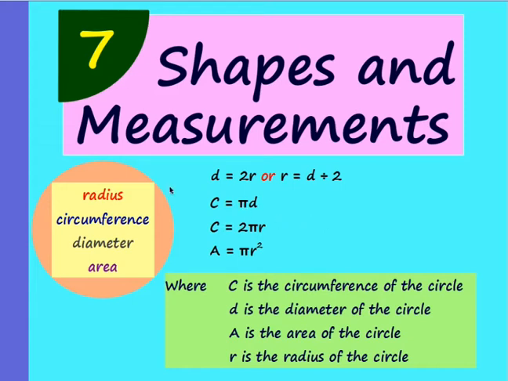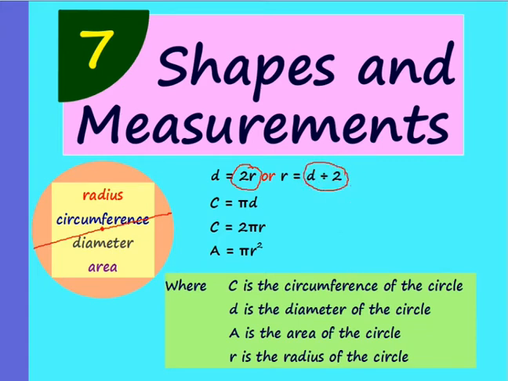Circumference means perimeter. The border, the boundary, is called the perimeter of a circle. The distance from the center to any point on the circumference is the radius, and the diameter passes through the center. So the diameter is called the biggest chord. The chord which passes through the center is called the diameter, and diameter is double the radius, or you can say radius is half of diameter.